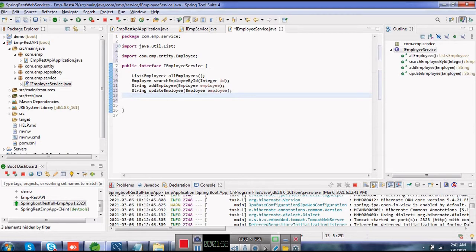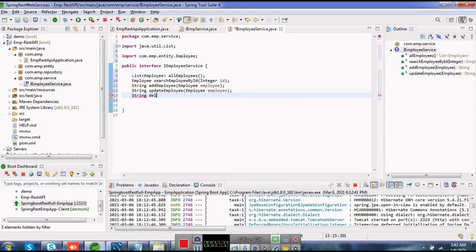Next I want to create a declaration for the method for deleting an employee. Again for that I can take string as the return type to give information that it's deleted.